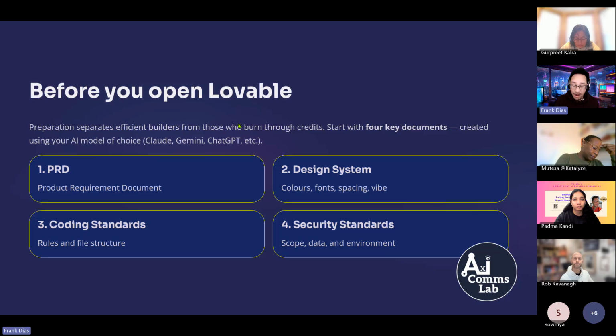In this demo, I'm just building a demo, so I don't need it to have all the bells and whistles of other things that you would normally associate with building a web app around security. So you set these standards so that you let Lovable know that it doesn't need to think about all of the bells and whistles for your site just yet. But you'll see each template is nicely structured, nicely laid out, and it's up to you to then start to tailor what you get in those documents and templates.